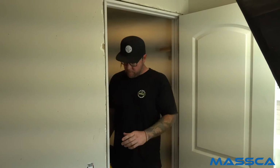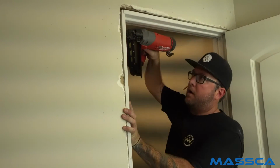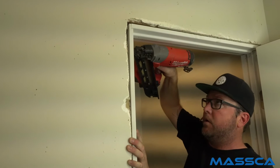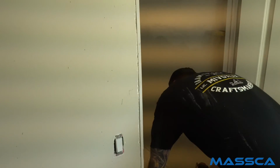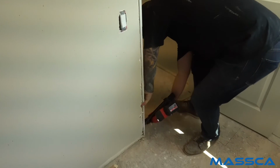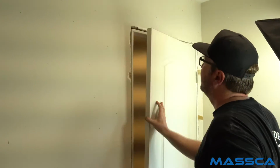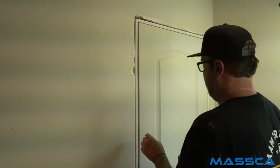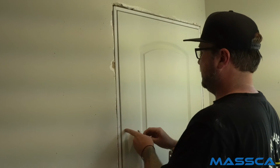Alright, next step, we're going to turn around to the strike side. I'm going to put one nail at the top when it's lined up with the wall. One nail, same thing on the bottom. Line it up, put one nail. I'm going to close the door. I'm going to check the head height, and you can do that